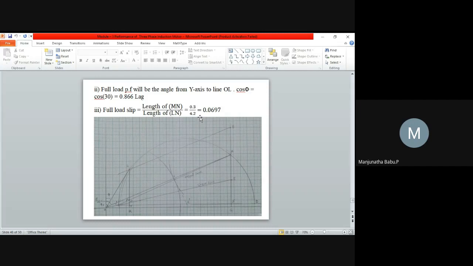Okay, it depends upon the graph and how these lines have been drawn. So based on that, you'll be getting different values. As per my calculations, I'm getting 0.069. As per the textbook, he is getting 0.065. It varies, no problem. It is plus or minus 10% or 20%, not to worry. So this is how you'll be finding the full load slip from the graph. Any doubts up to here?